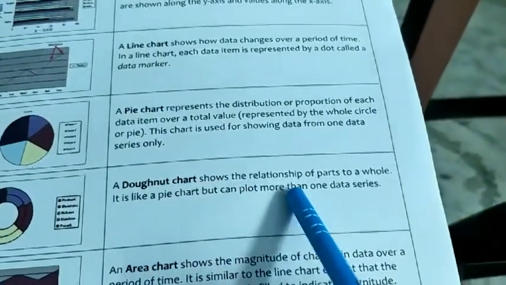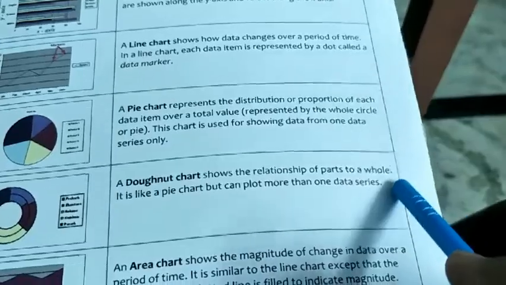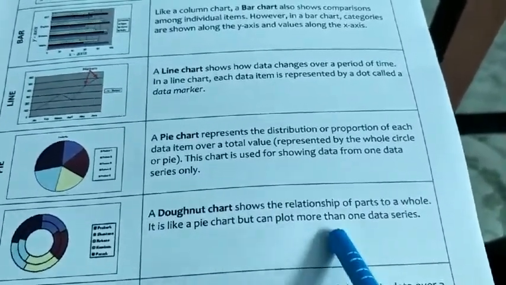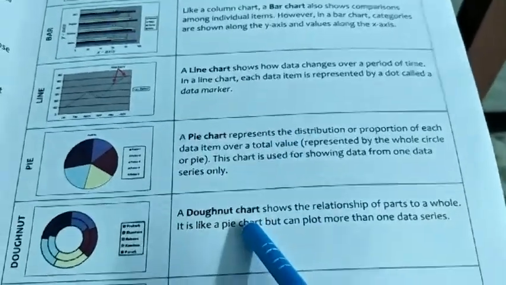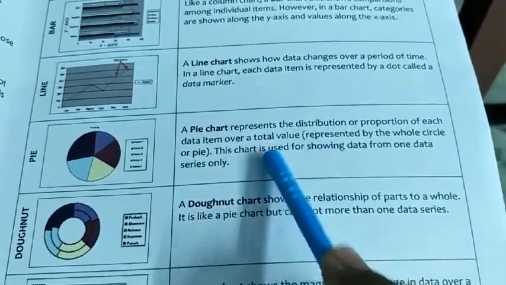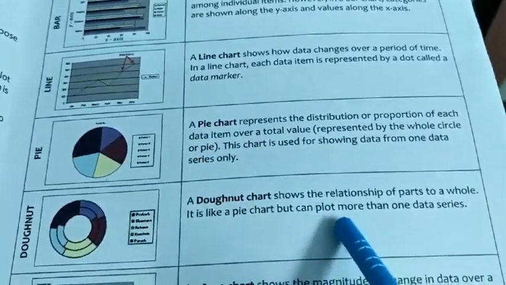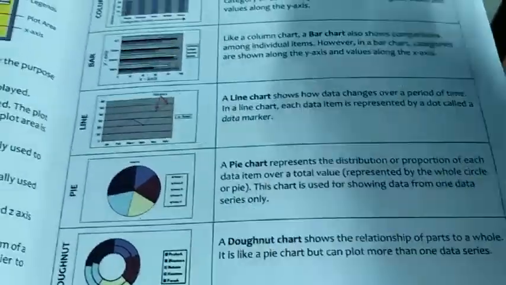donut chart. Donut chart shows the relationship of parts to whole. It is like a pie chart, but can plot more than one data series. Means both are same, but here you can show data from one data series, and here you can plot more than one data series. Now take another example,